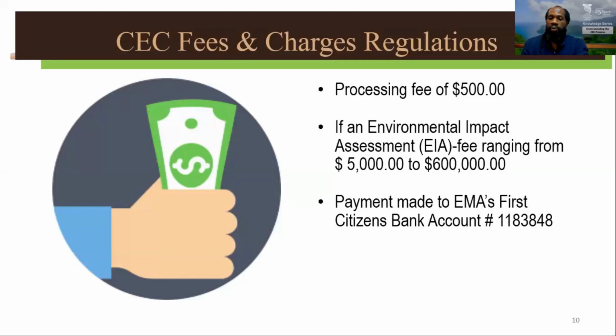So in this case, the fee lays out a schedule of charges, and these charges can range from $5,000 up to $600,000, again, depending on the type of activity, and this activity is also linked to the fees and regulation. So depending on the specific designated activity, a fee would be assigned or attached based on the activity. And just finally, this is just the account. We just provided the information of the account that the fees are paid to,